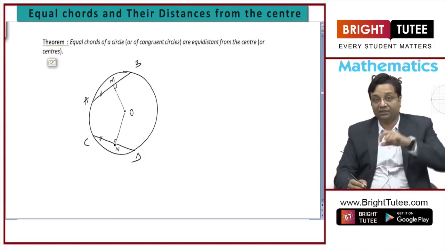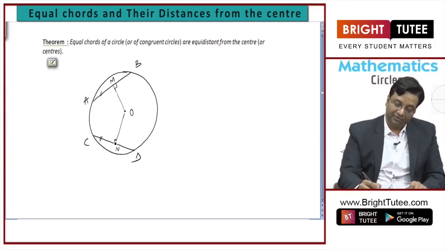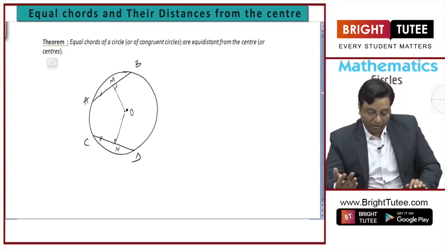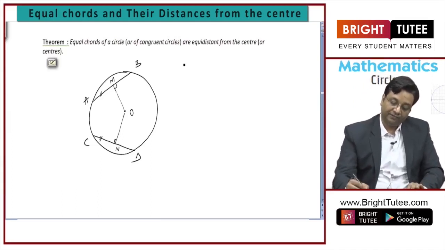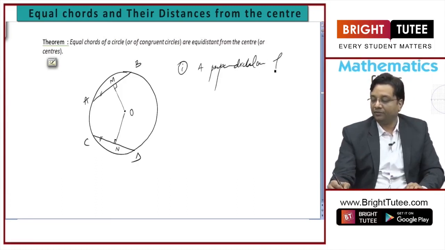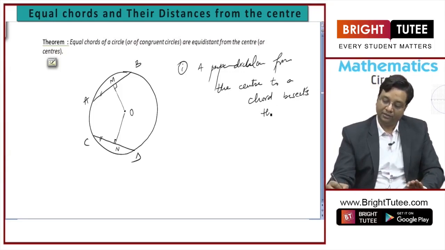How do we measure the distance of a point from a line? By dropping a perpendicular from that point to that line. So that is why I have taken these angles as 90 degrees. Now I need to see whether OM is equal to ON or not, right? So the first thing that I am going to use here is that a perpendicular from the center of a circle to a chord of the circle bisects the chord,